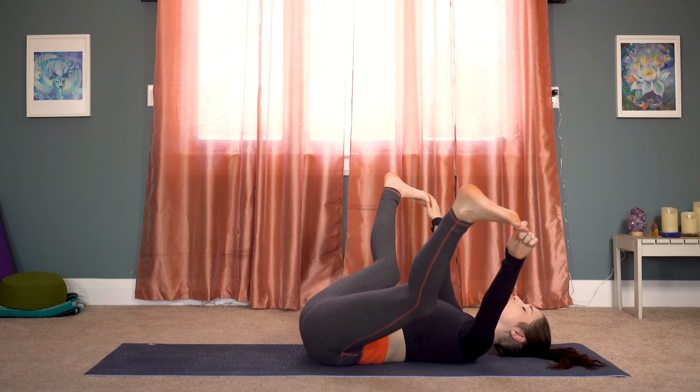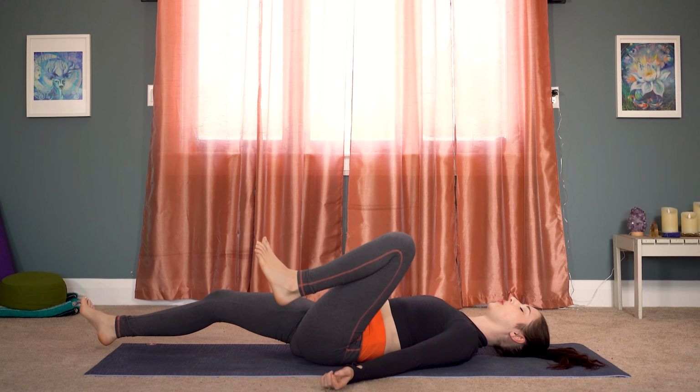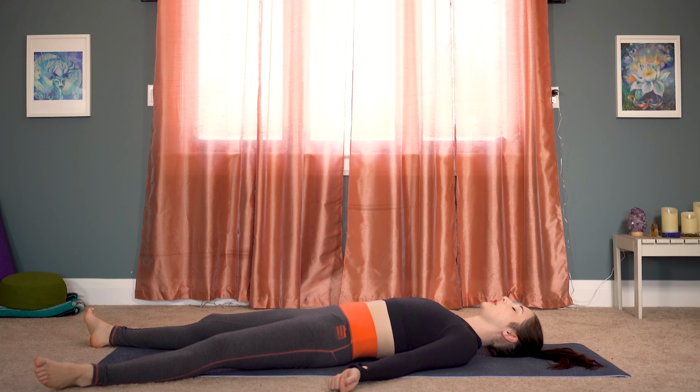And let's release. Stretch your legs out in front of you. Open up your arms. Shavasana, full body relaxation. Giving yourself about 2 minutes here so you can fully integrate the work you've done,